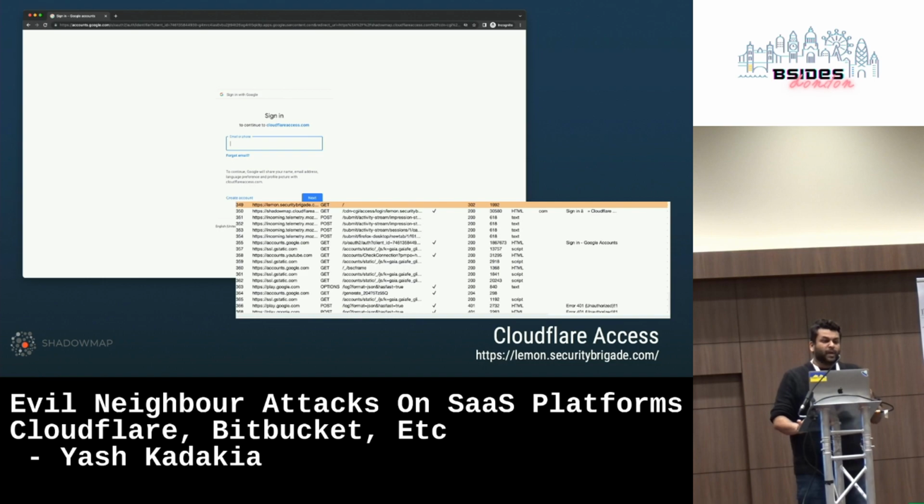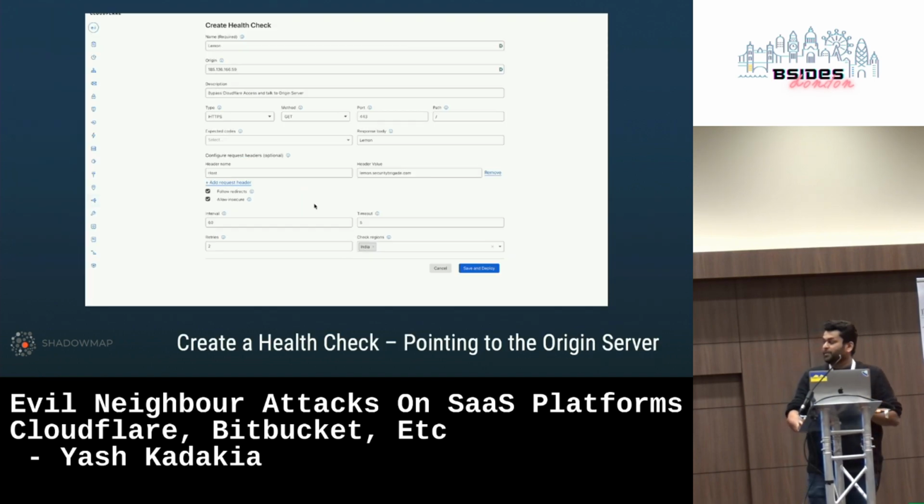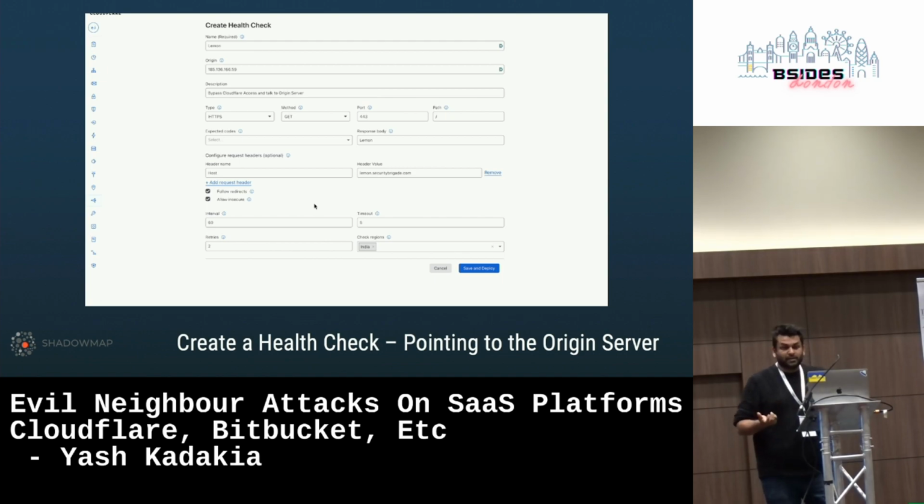So in the same exact way, what's really interesting is we're able to again use the health check tool within Cloudflare to start talking to those applications, which completely bypasses Cloudflare Access for us. This is again, I'll talk about this in the mitigation phase, but this only works when you've done an IP address bypass, when they've done IP address whitelisting, right? There is another method that Cloudflare recommends as well. I'll talk about that in a few minutes.